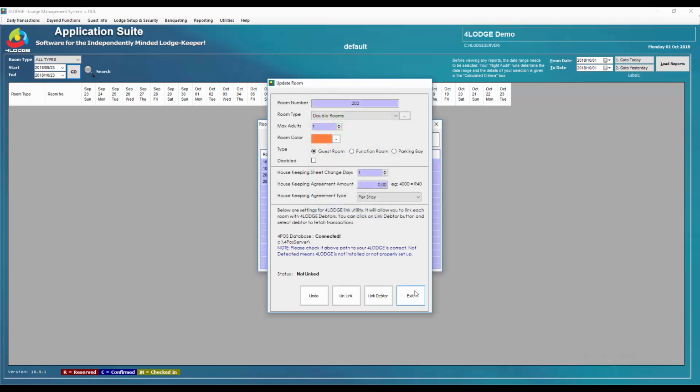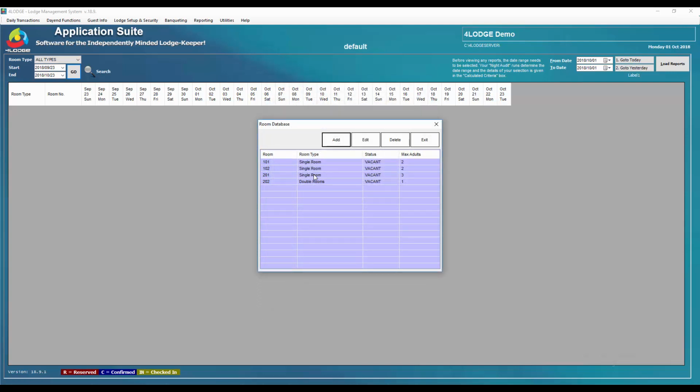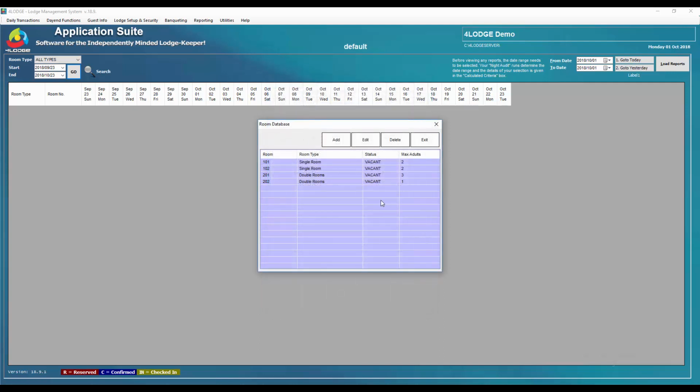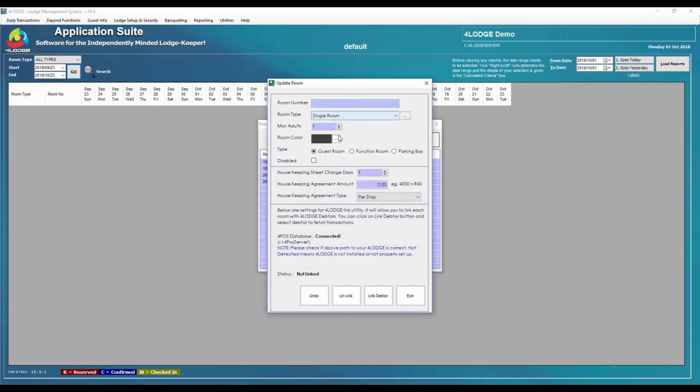Okay. Alright. Oh, hang on there. I see I made a mistake now. See, 201, I made a single room as well. So let's just go and fix that quickly, because obviously my rates and so on will also be affected if I make a boo-boo. So the same with anything, you know. Let's just go and double check